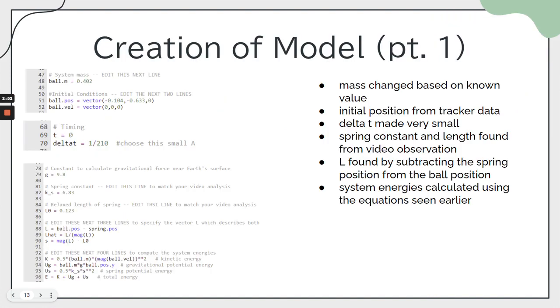So then going into the computational model, first I changed the mass based on that known value of 0.402 kilograms. Then I changed the initial position to be from the tracker data, and then made delta T very small. The spring constant and length were found from video observation, and then L is found by subtracting the spring position from the ball position, and then down here these system energies are calculated